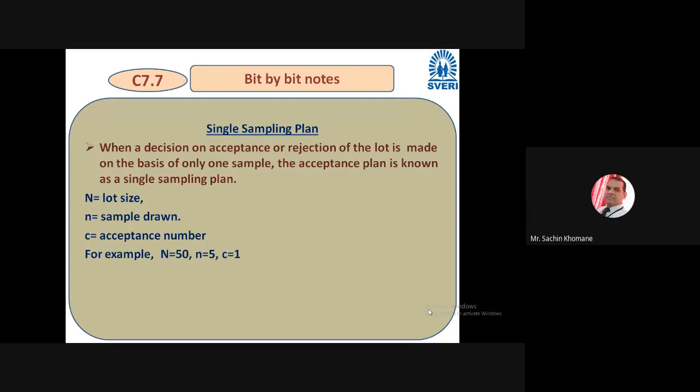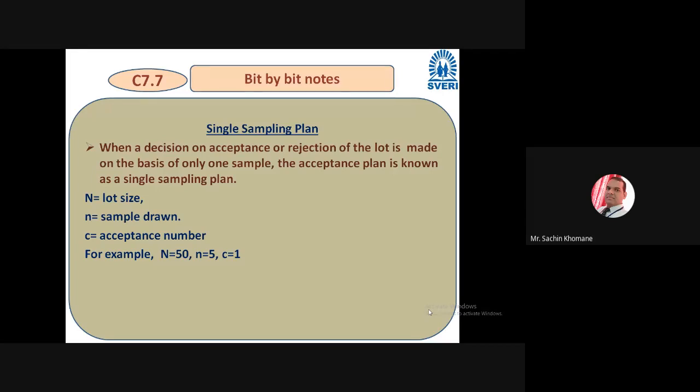Getting? So remember, you have to check once in a single sampling plan. You have to check certain components in that lot once only. Suppose you have 50 components in that lot you received. What will you do out of that 50? You will take only 5 components, and out of that 5, if you understand like, yes, I got one defect, the lot is accepted. But if in that 5 you got 2 defects, it means the lot is rejected. Getting?